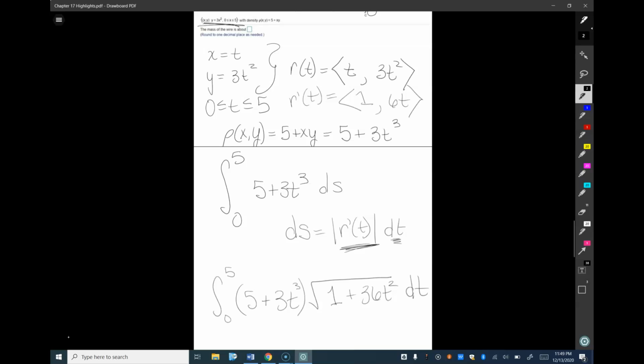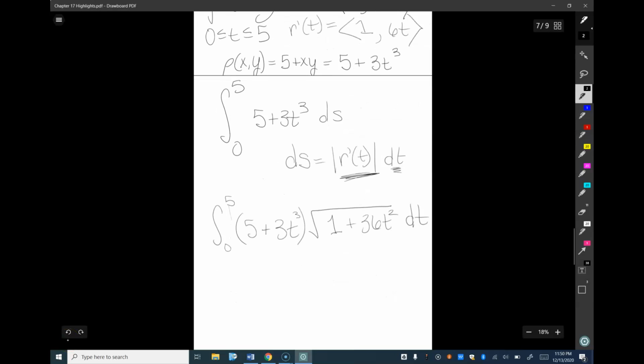Since this is a definite integral, just type it in your calculator. Just be very, very careful that you type it in with all the proper parentheses so that you actually get the correct answer. So I've typed this into my calculator, and I am getting approximately